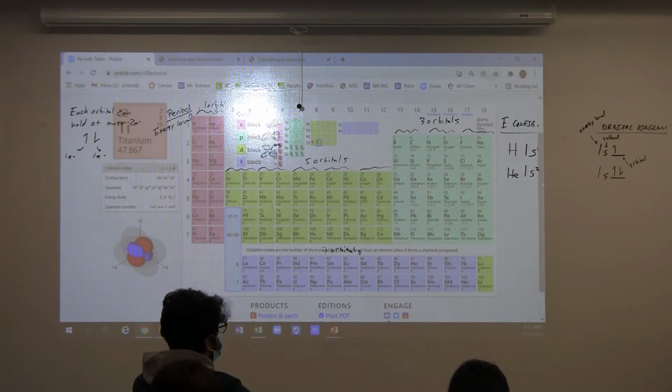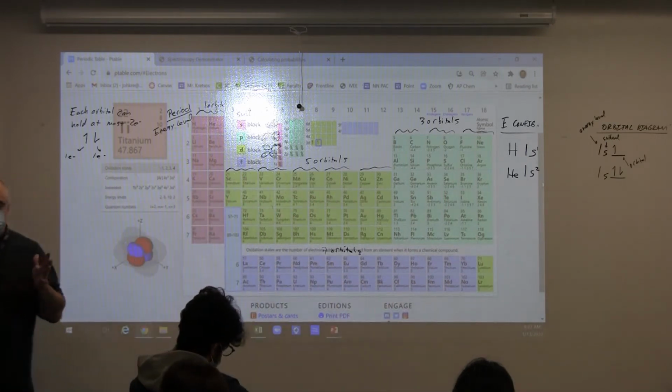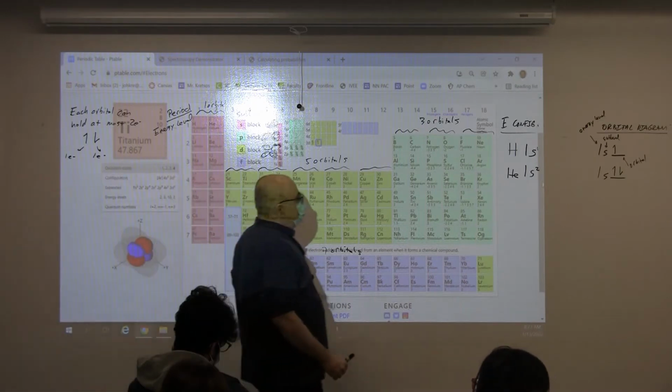Any other questions about how I'm setting up the numbers, the letters, anything? It's just a code that I'm teaching you right now. Anything that I can do to clarify it further before we go on? Or do you think just seeing more of it might start to catch you? Let's try it. So when we get to lithium,